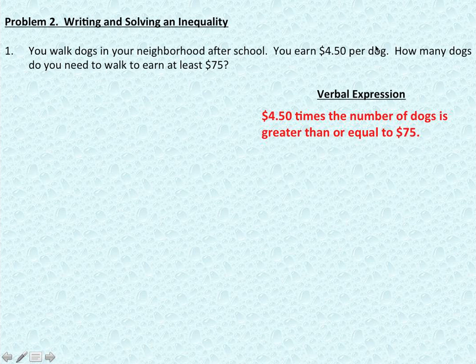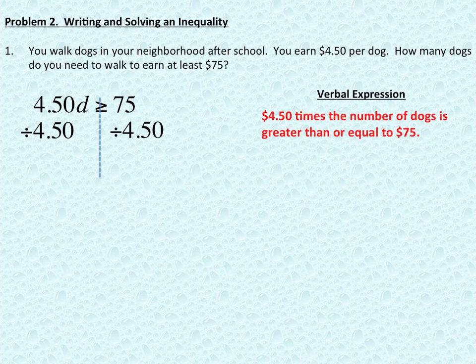$4.50 per dog. So I'm going to multiply that by the number of dogs. So I got $4.50D is going to be greater than or equal to 75. It's just a simple inequality. Divide both sides to get the D all by itself. I'm dividing by a positive 4.50, so don't worry about flipping. D is going to be greater than or equal to